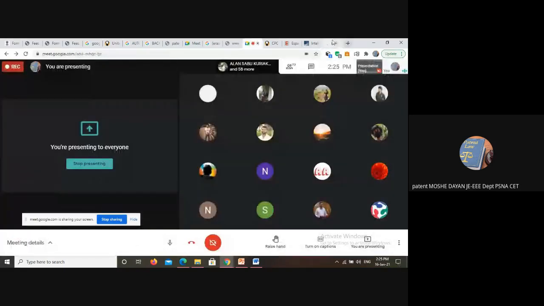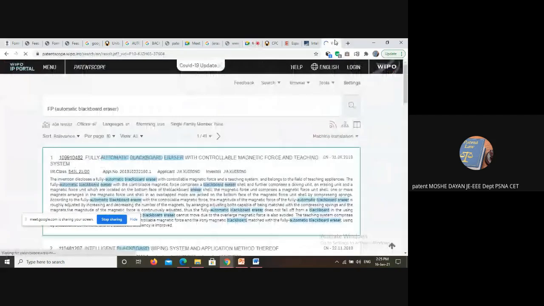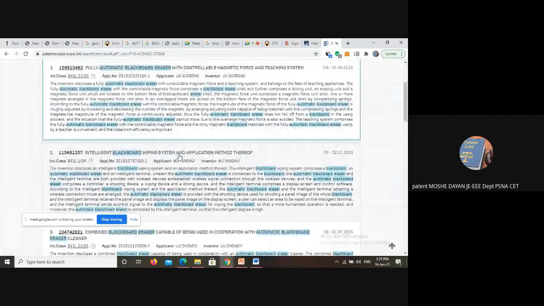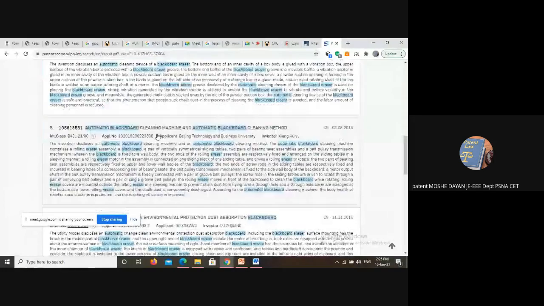So here, now you can pull out the document. You can just click and find whether your invention is different from their invention. In what way your invention is different from their invention is determined only by going through such a process called patent searching. All right. So you can click one particular document where you will get all the details of it. Now let me do the advanced search also.